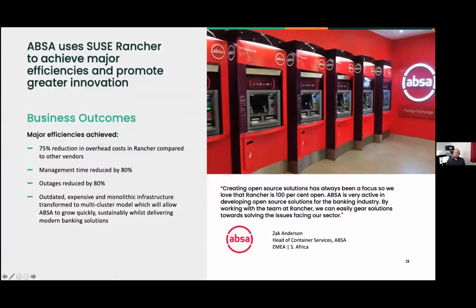I just want to talk about a couple of success stories. And the first one that we're really proud of is ABSA. Now, they've achieved huge reduction in overhead costs by embracing SUSE Rancher management technology. When we're talking about ABSA, they're obviously a bank, huge in South Africa, but also globally. They've deployed SUSE Rancher to all of their branch locations. So whereas before they would have to pre-configure systems at their central office, ship them out with an engineer, and then have to do a bunch of on-site configuration, they're able to just ship blank boxes that can then PXE boot, install everything over the network, and then their ops team can manage everything centrally.